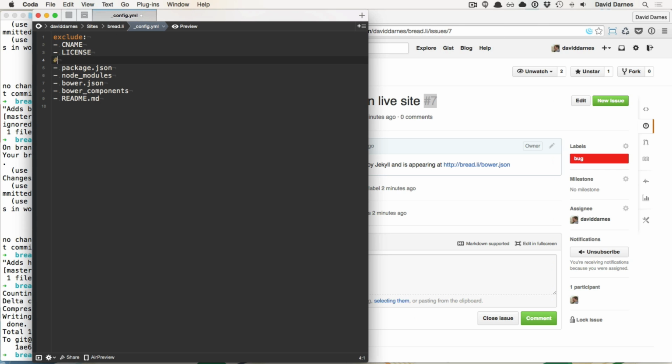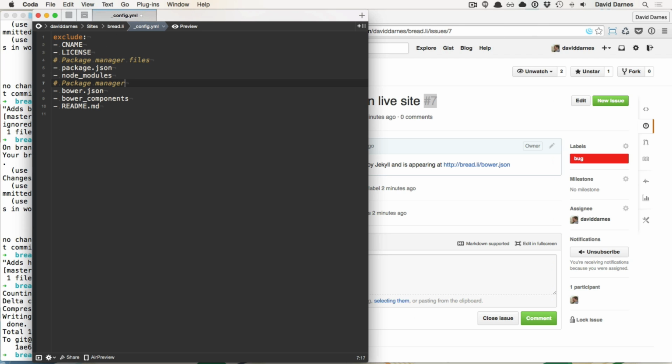Can we do comments in this? Yes, we can. Hopefully this will work. We'll locally test it and then see if this works. So I'm going to put some comments in it. So you just do # space, and the comment is package manager files, and then have another one called